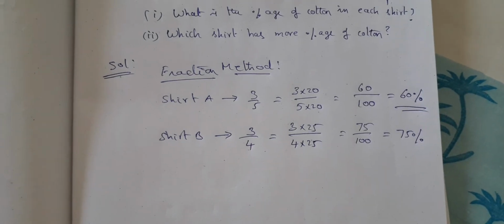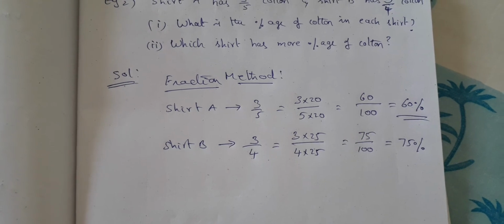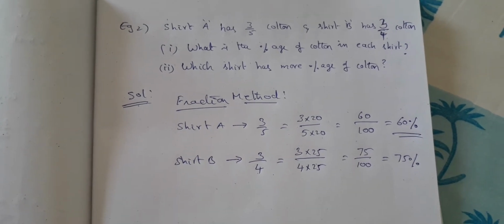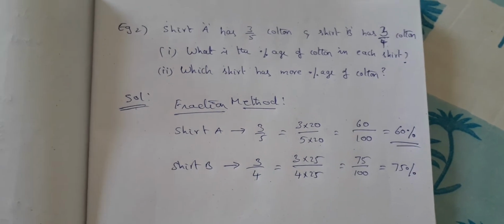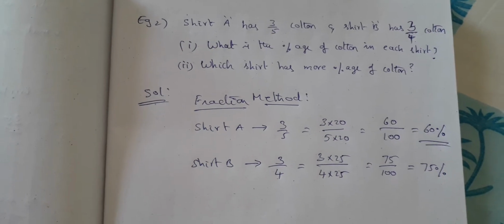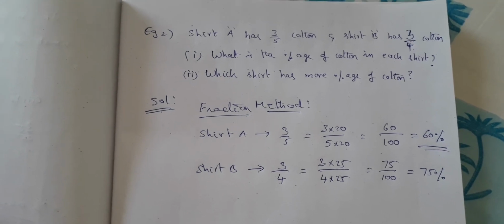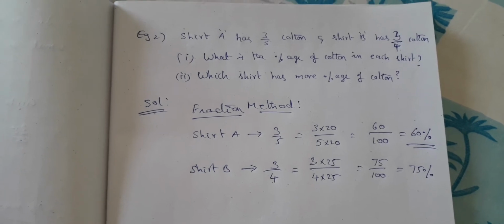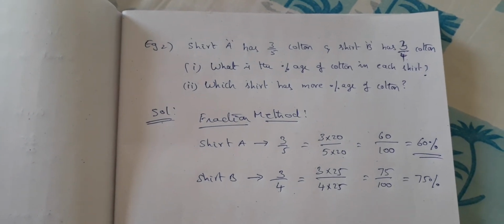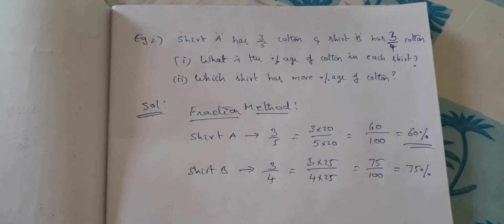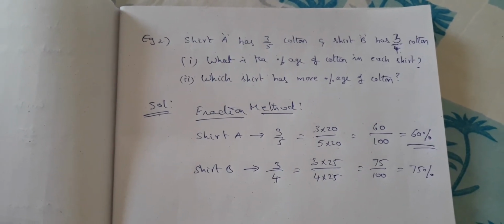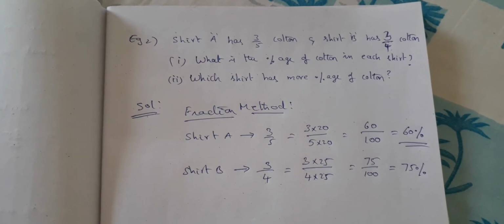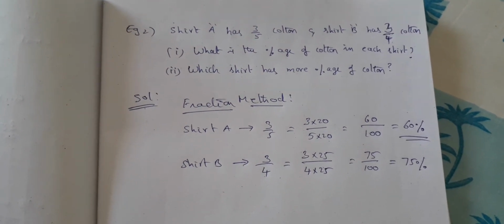That is why you should have different kinds of methods whenever you do a problem. You think in different ways, and then you can pick which one is easy for which particular problem. That is also important: which one is very easy and very direct to solve a particular problem. In this problem you could also find the percentage by comparing with 100 and the total quantity, but that will become a long method. The fraction method is very short, simple, straight, easy to understand.